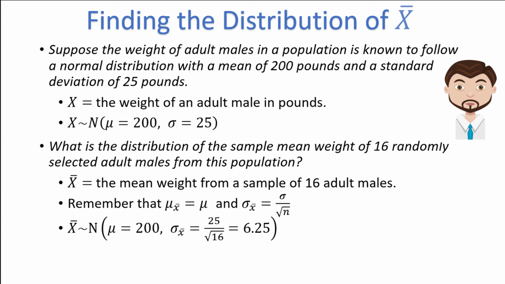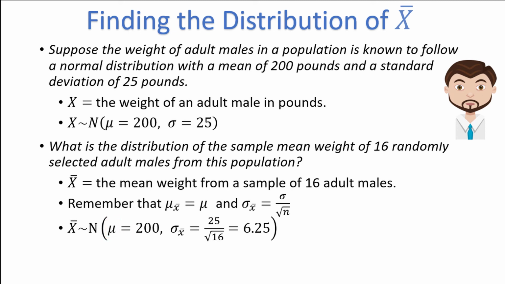I often put a subscript x bar on the standard deviation of the x bar distribution, just to make it really clear which standard deviation I'm referring to. It's a bit redundant in this context, as it clearly applies to x bar, so it isn't strictly necessary, but it isn't a bad idea to include it anyway. I often don't put the subscript x bar on the mean mu, as it is the same regardless if we are referring to the initial distribution or the sampling distribution.